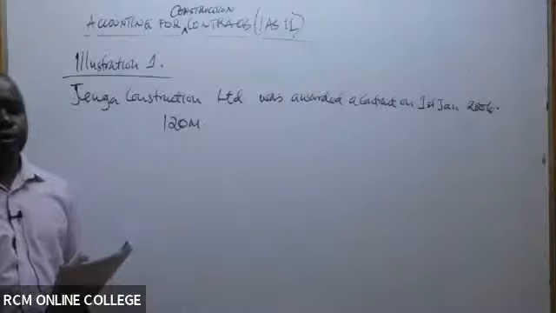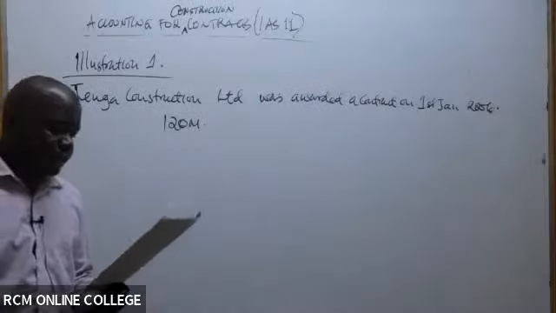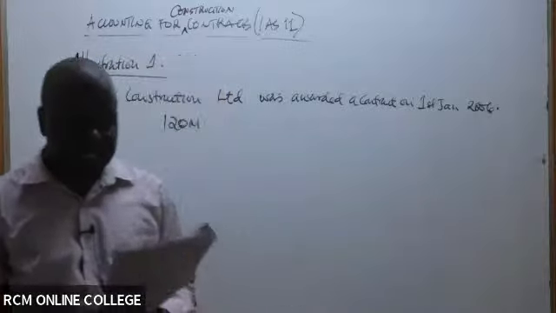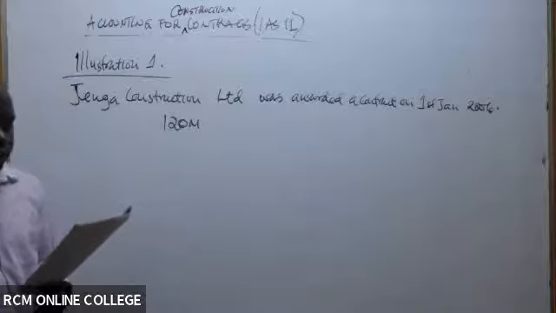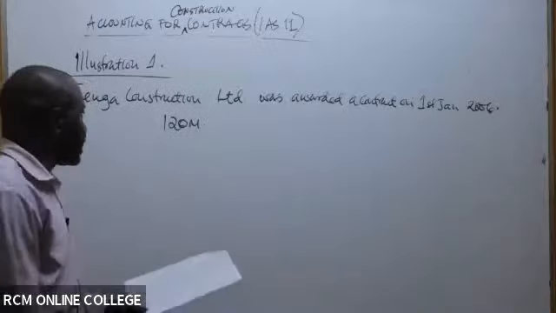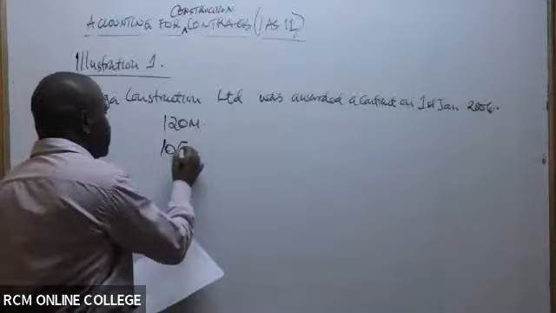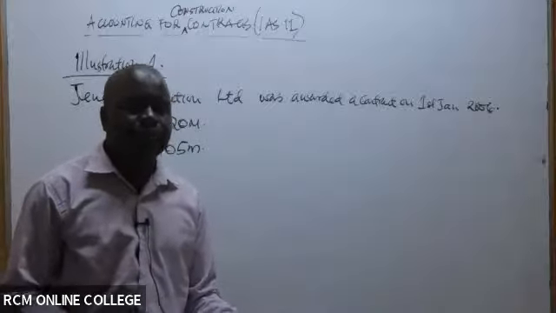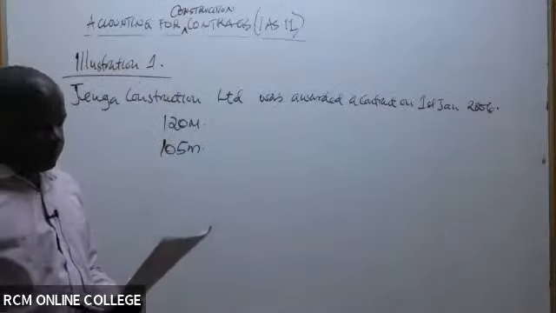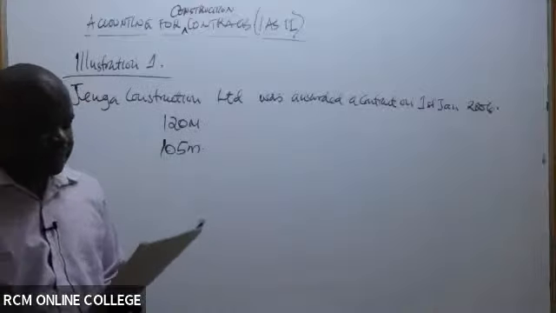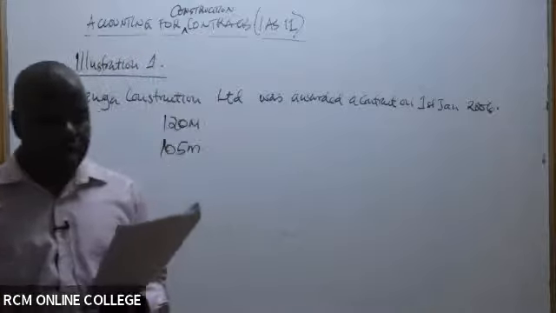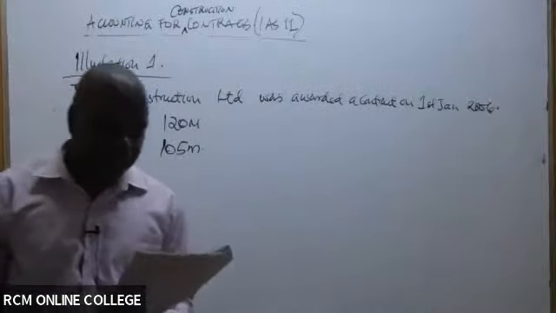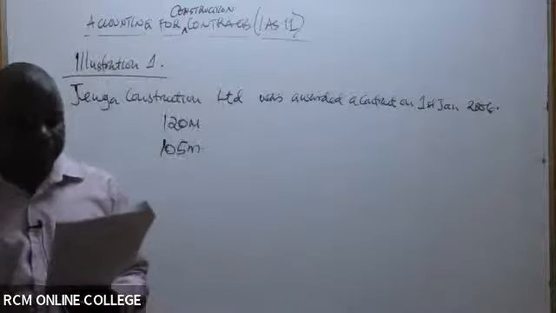And the estimated total cost of the contract was 105 million shillings. Full stop. The following information relates to the contract